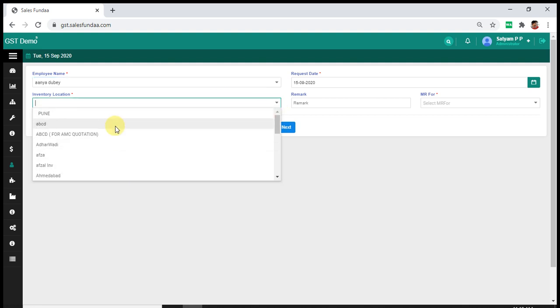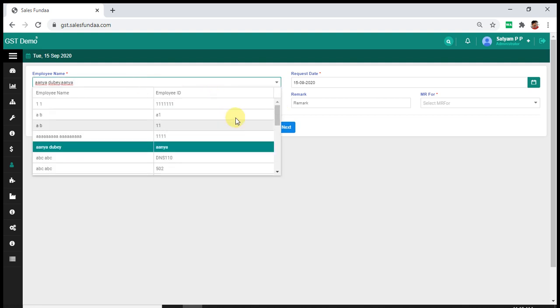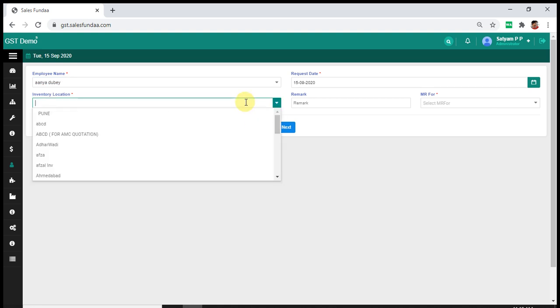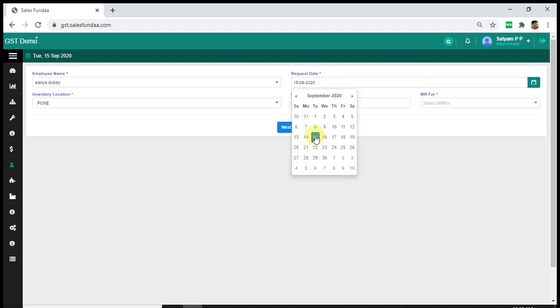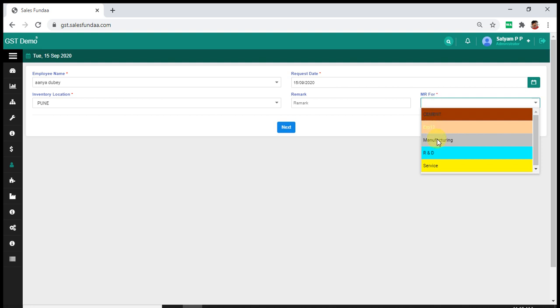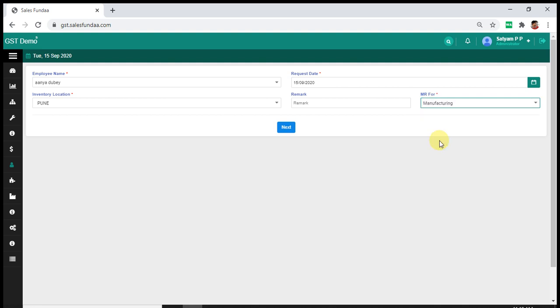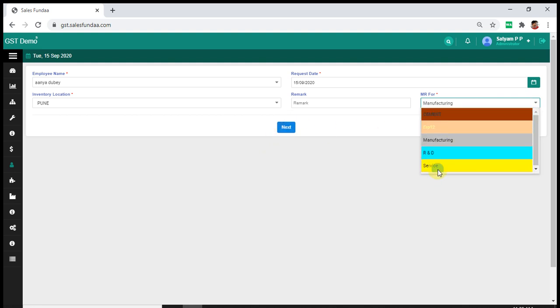So he will add the employee name from here and the inventory from where he wants to request this product, when he has requested it and for what he wants that material, then click next.